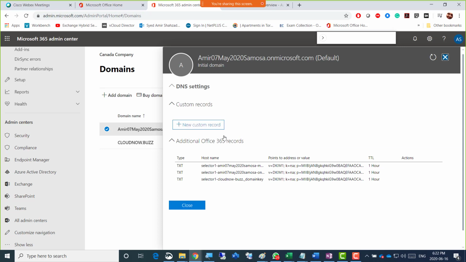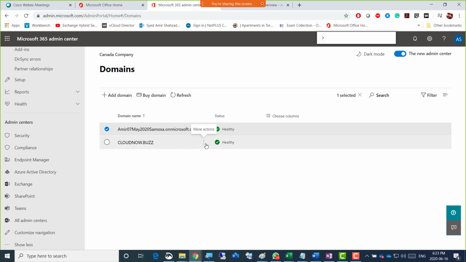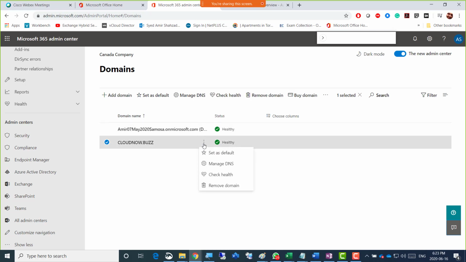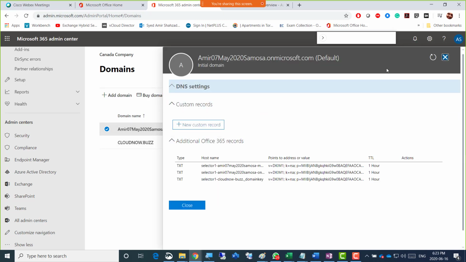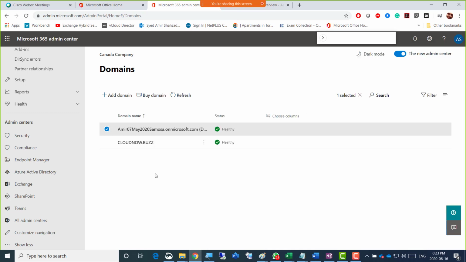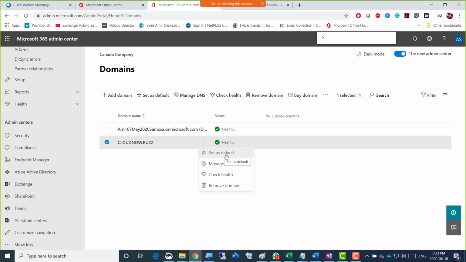If I click those three dots, okay, initial domain, and that's what I was clicking, wasn't it? You're right. Set as default is not showing here, which just means it is default right now, because I did that previously. But yes, the three dots here would be set as default.